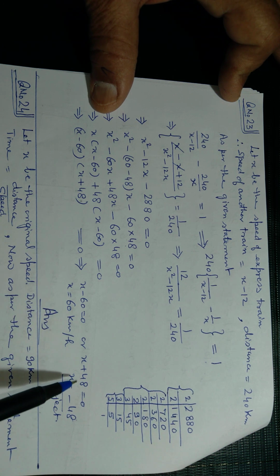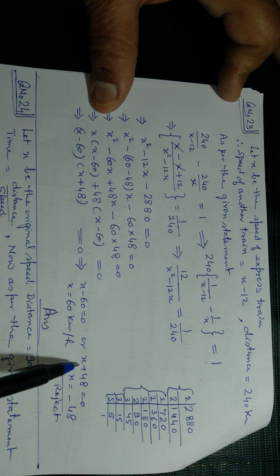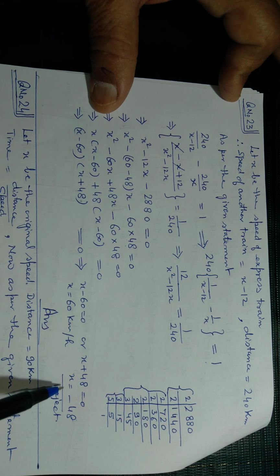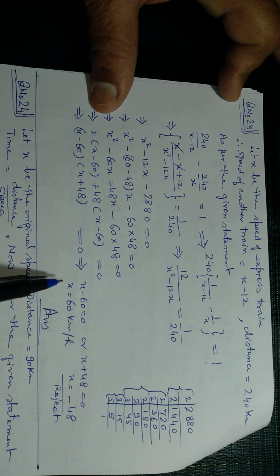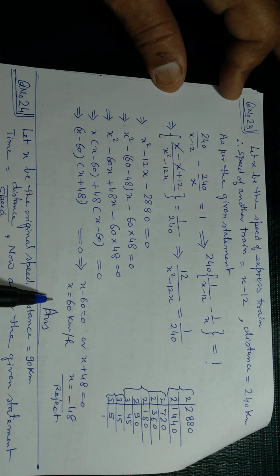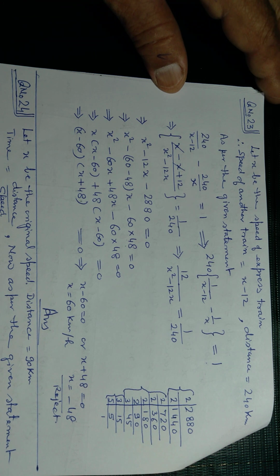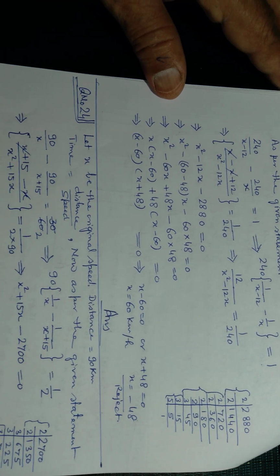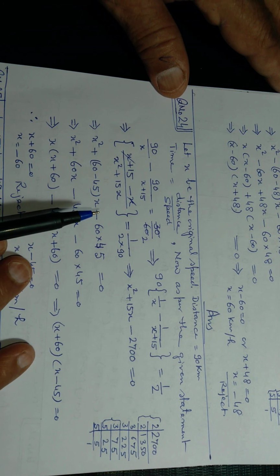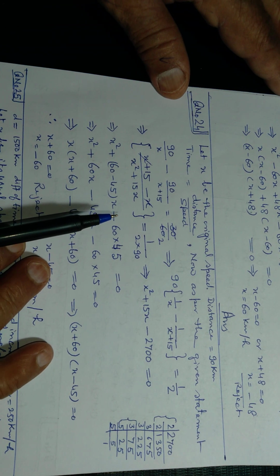per hour. In the second case, x plus 48 is equal to 0, x is equal to minus 48, rejected being a minus. So we will take it only x is equal to 60 km per hour. This will be the required answer for the question number 23. Now question number 24,